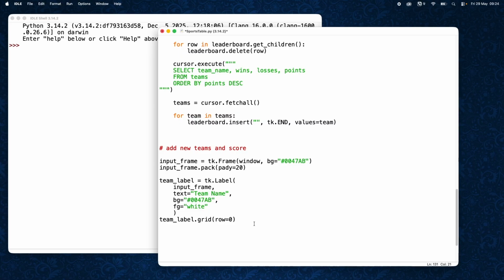Row equals 0, column equals 0, and let's go pad. We're going crosswards for this one, so we're going to go pad the x-axis by 5. Okay, so that's going to have the name. So we've put the name on the grid. Now we need the entry box next to that. So let's go team underscore entry equals tk dot capital ENTRY entry bracket, and we're going to place that in the input